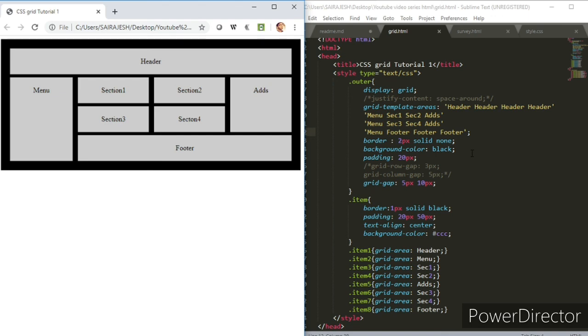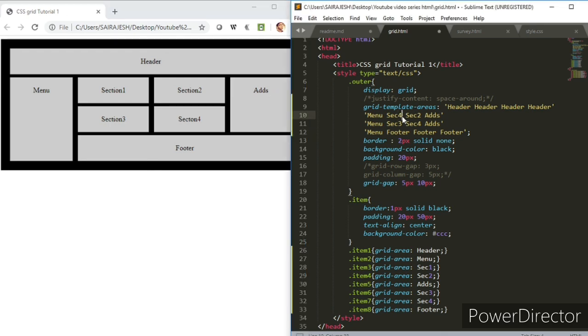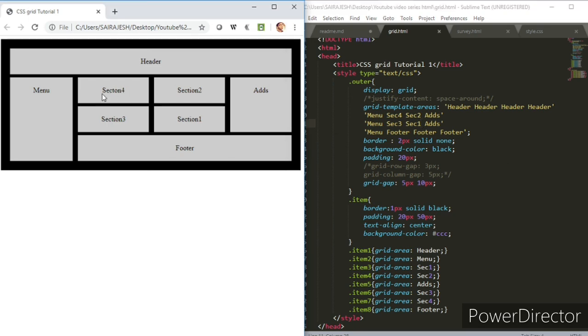If you want to make, for example, in your page, this section go top, you don't need to actually change the whole thing. What you do is you can just make this section 4, and then make this section 1, and then save it, section 4 here and section 1 here. So this actually helps a lot with respect to the grid functionality. So maybe you like it when it's like this. You can actually make section 1, section 2, section 3, section 4 that way also, or you can make it section 1, section 2 that way also. So you can transform the grid however you like it to be. So that would actually bring out the best of the grids also.